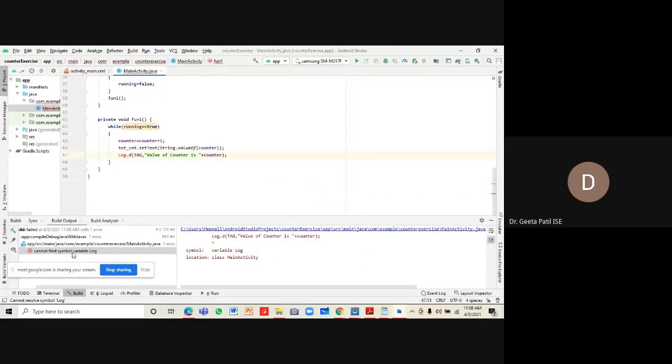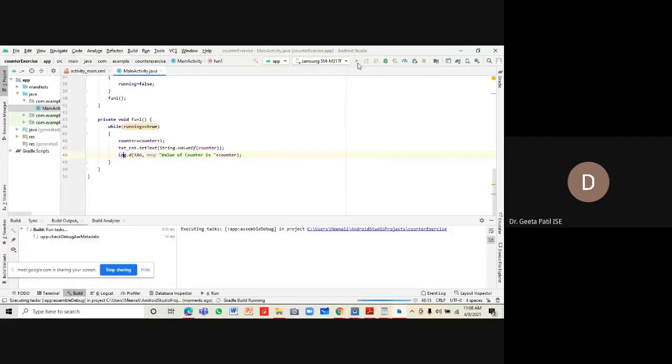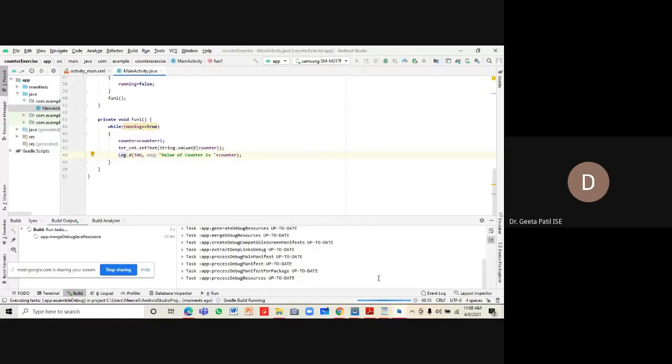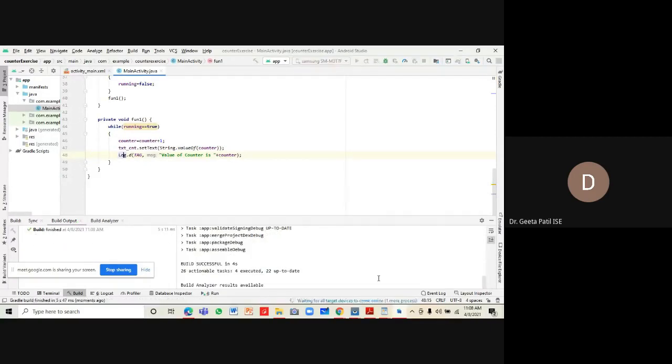Cannot find symbol of class. Okay, the class import was missing, so that is being done. Imported the class. App is installed successfully.